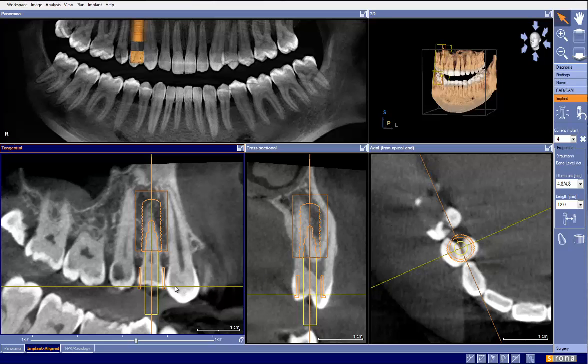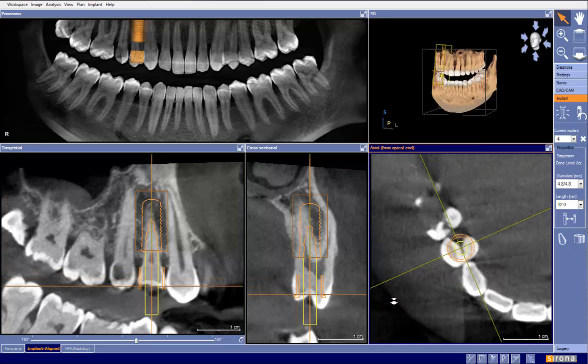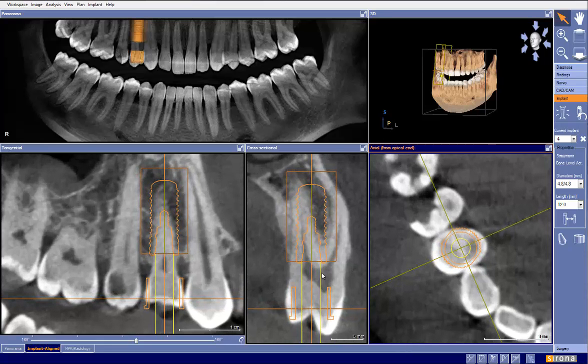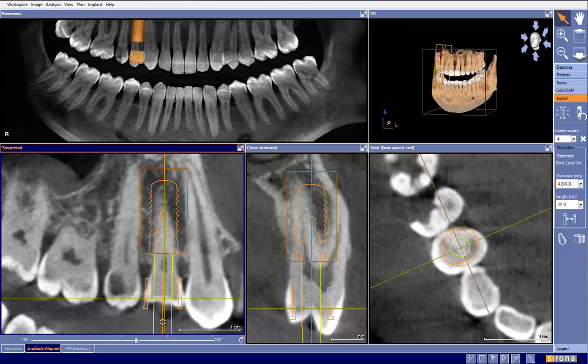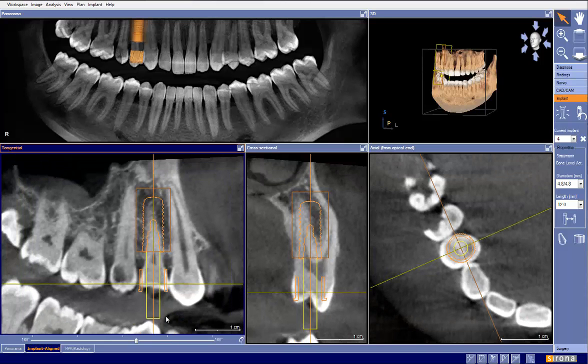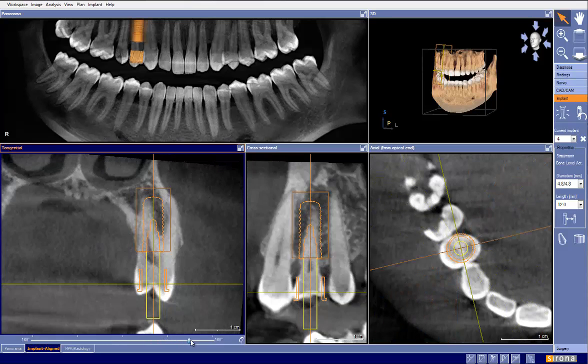So the last thing we want to do is check our guide sleeves, and here we can see that we are barely making clearance. We can take a closer look here and see we have more space here, so we could probably tilt this just like so and create the more space we need. Now it's coming through pretty much the center of the tooth. So now we're ready to do our last check, which is at 360. And here we use the slider. We kind of go through the tooth, and